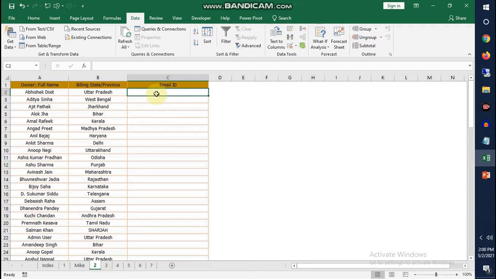Either I can write it manually one by one, or if you are an expert and you know about the formulas of Excel, then you can use the LEFT and RIGHT functions and create the email ID. But here I'm assuming that you are not an expert in Excel and you do not know about the formulas of Excel. So how can I do this? I still can do this. I'm writing it